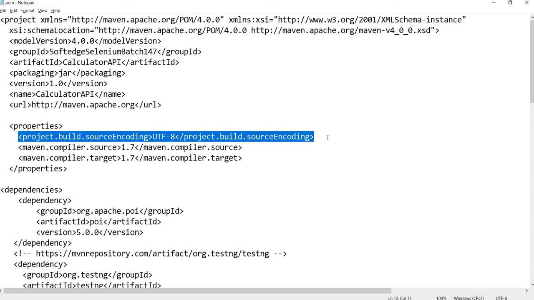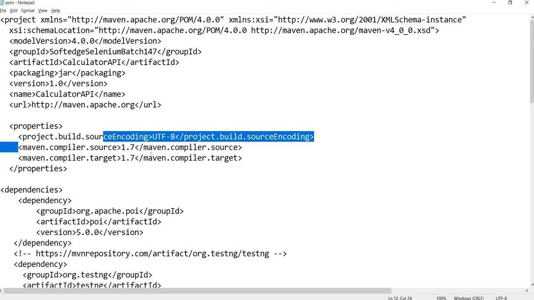ANSI is for the English characters and Unicode UTF-8 for the non-English characters. So if you have any non-English characters in your program and you want the source code to be compiled fine, then you should set the encoding to UTF-8.